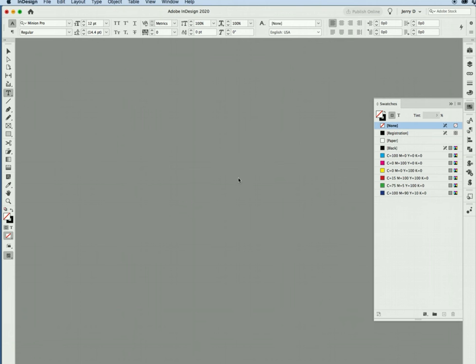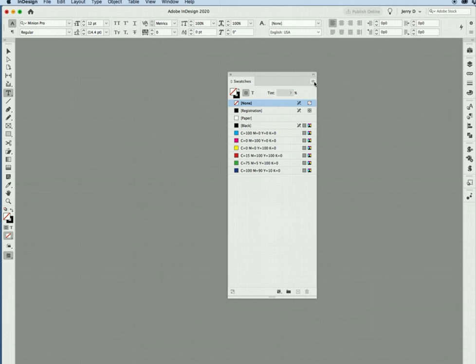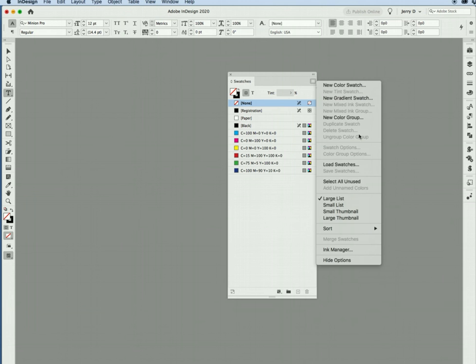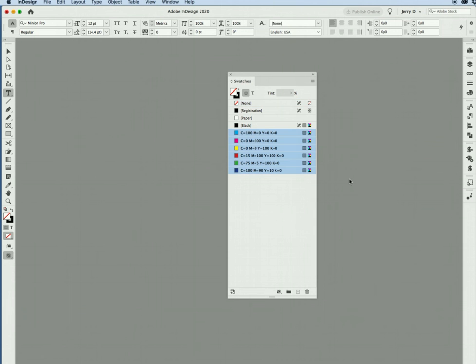So before you actually open a new page, a new document, the first thing you want to do is when you open up your color palette, you're going to have these default colors that are built into the application. All you have to do is you go here, you click, and let me just pull this out so you can see it. You just click here in this grid in the upper right hand corner. You can say select all unused, and it's going to select all the colors that are not used,